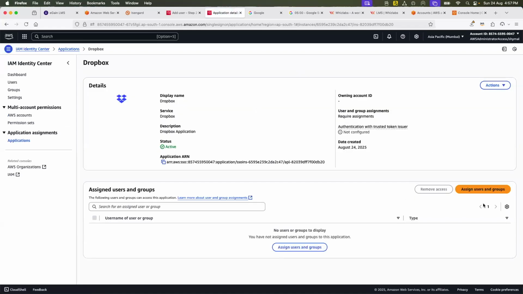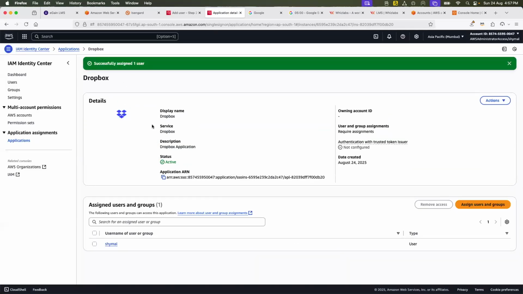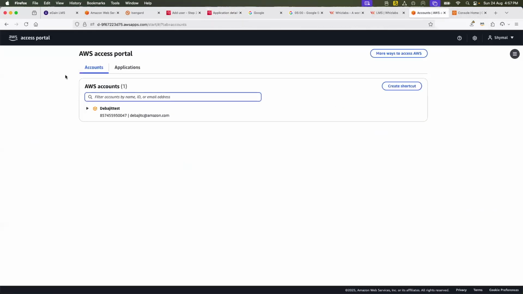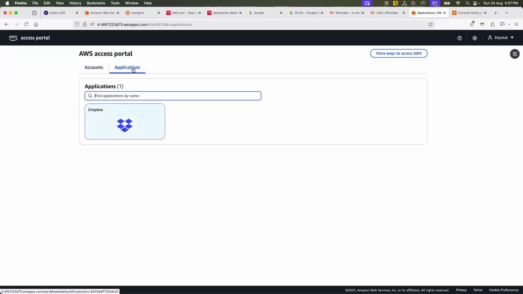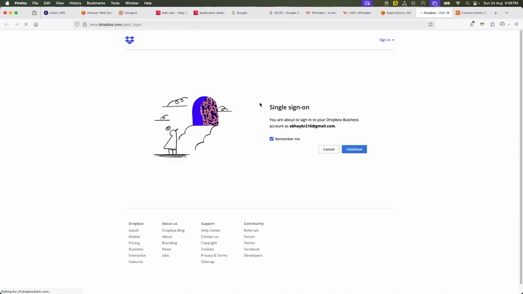Okay. Now, once this application has been created, simply you have to assign it to the users. SAML there, and assign. So this application has been assigned to SAML. Now if I go to the SAML access portal and refresh and go to applications, you see SAML can have access to Dropbox also. SAML will use his own single credentials, and just click, and then you will get signing into Dropbox.